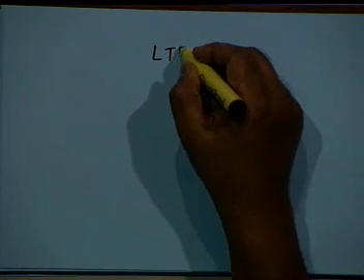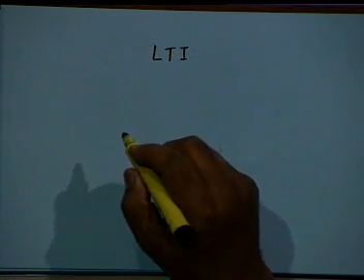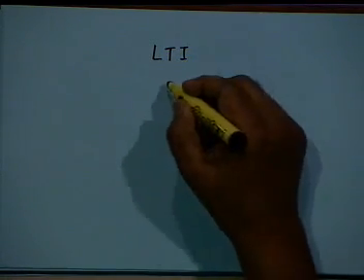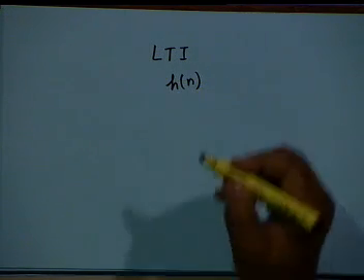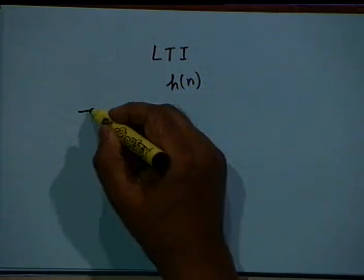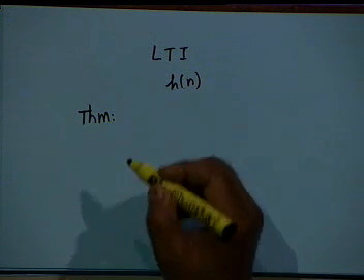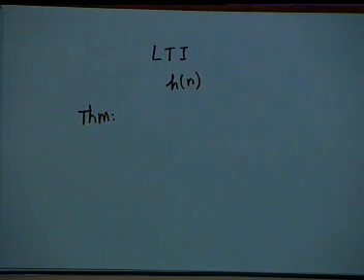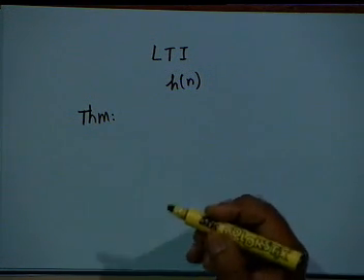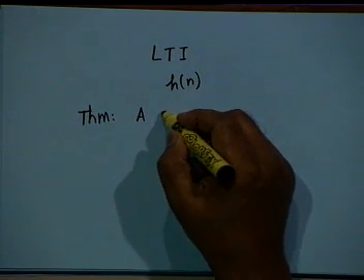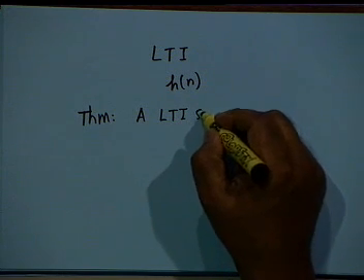Stability, as I have defined, is bounded input, bounded output. For an LTI system, stability can be characterized by its impulse response h of n. And the theorem is, I will first state the theorem, then prove the necessity as well as sufficiency. Very simple theorem. It simply says that a linear time invariant system, an LTI system, is stable